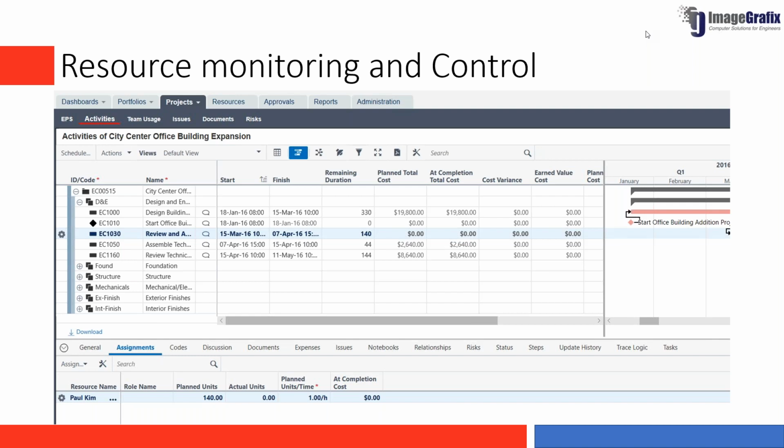After we start executing the work, that is where we bring in the monitoring and control part, wherein we'll have to enter the updates, right? There are different methods by which you get the updates, either from your team member app, wherein they enter the resource utilization, everything, or you can directly get into the EPPM module and start updating the project activities, right? Resource utilization can be updated at this level also, right?